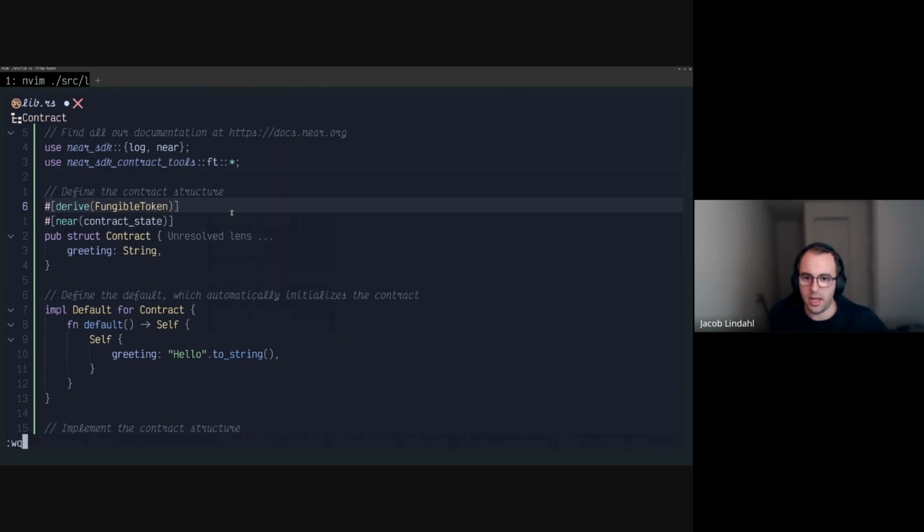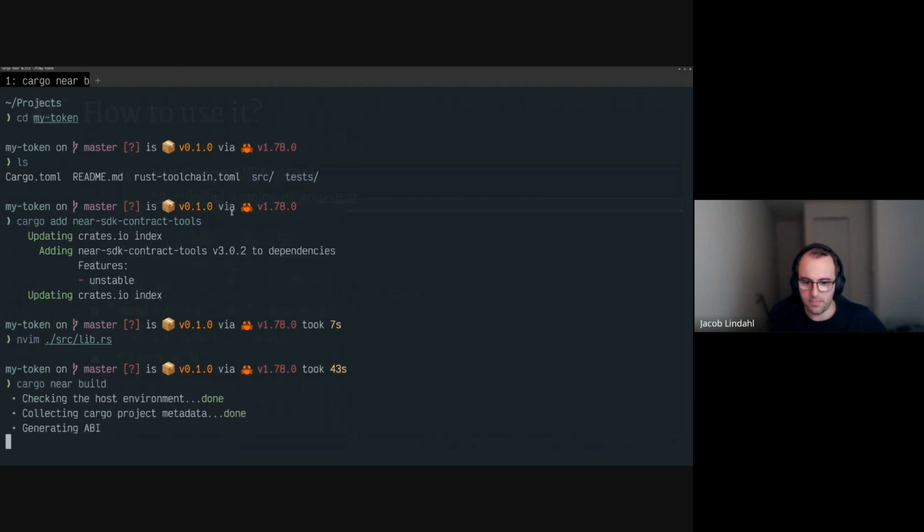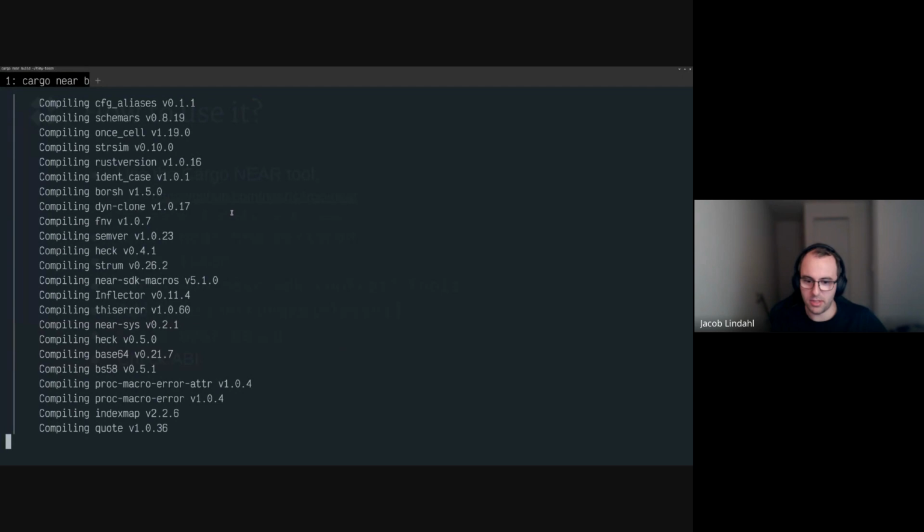Now, this is not going to be a fully functional fungible token smart contract because, for example, there's no way to mint new tokens, but this is just to illustrate how easy it is to fully implement all of the standards as necessary. All right, so we're just going to write that, and then we'll say cargo near build, and it'll start building out this project.